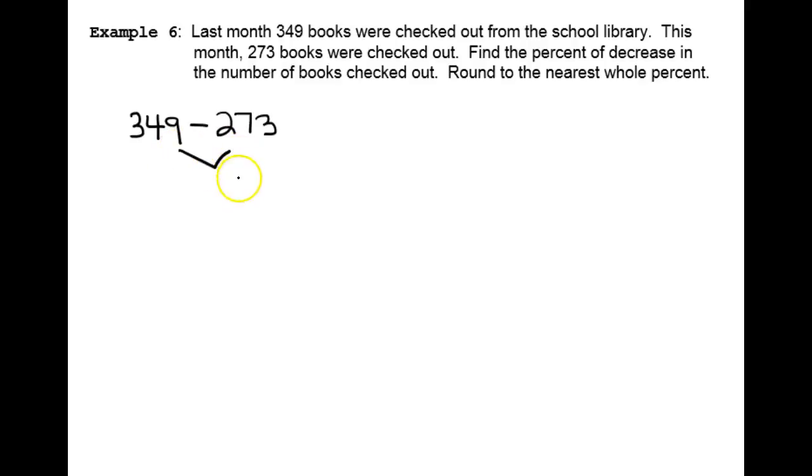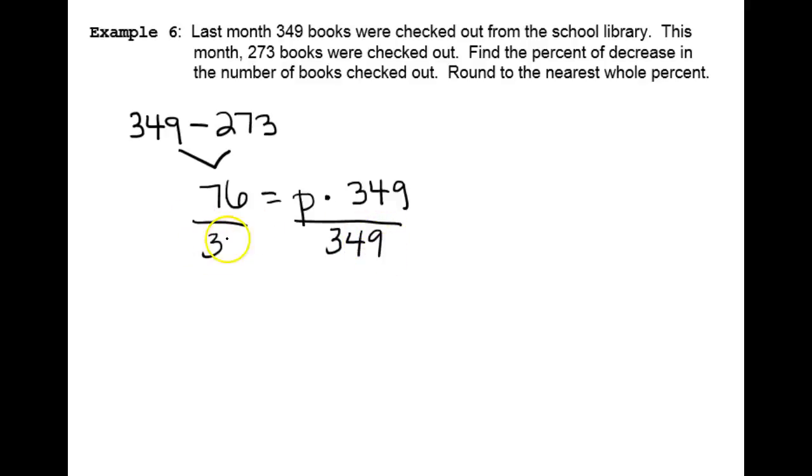So the amount of decrease, when you subtract those numbers, would be 76 books. So 76 equals percent times whole, and remember the whole is the original amount. So originally there were 349 books checked out, so we're going to use that for our equation. We're going to divide both sides by 349. So on your calculator, do 76 divided by 349, and you're going to get the decimal